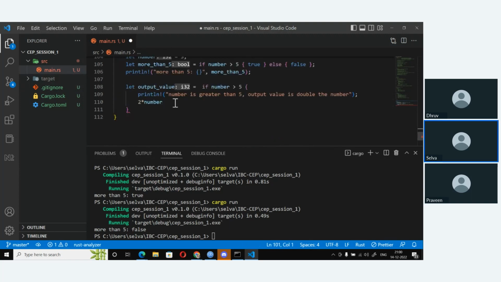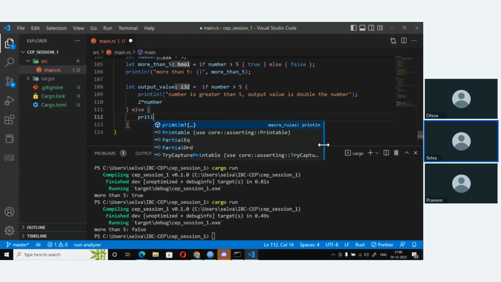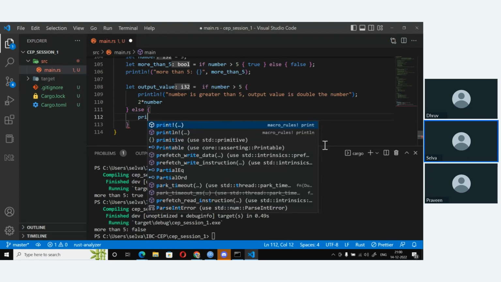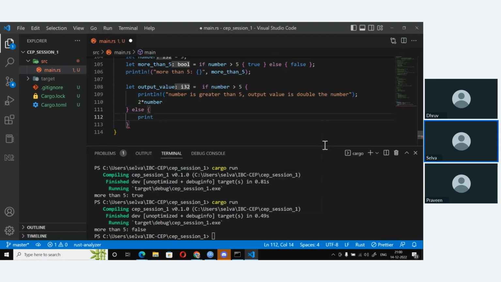Times the number. Okay. Else, okay, else is, line number is not greater than 5.